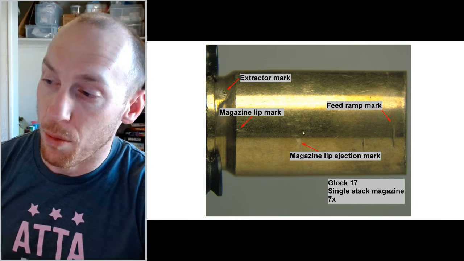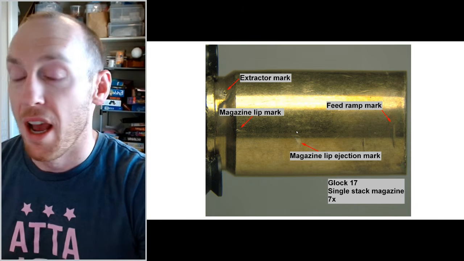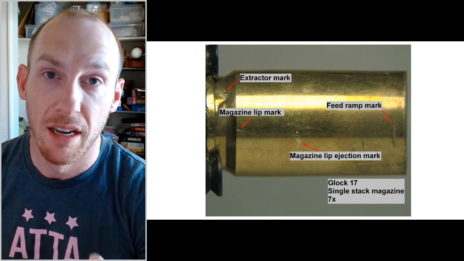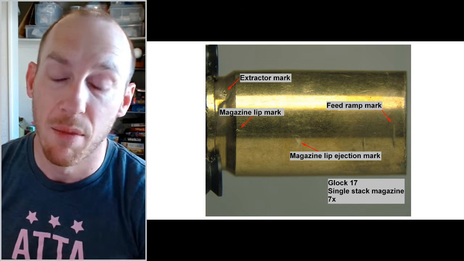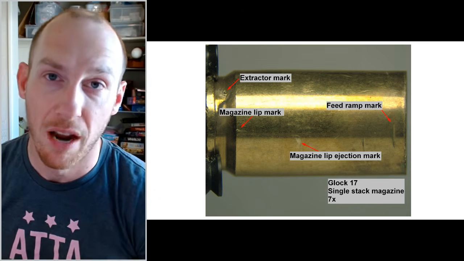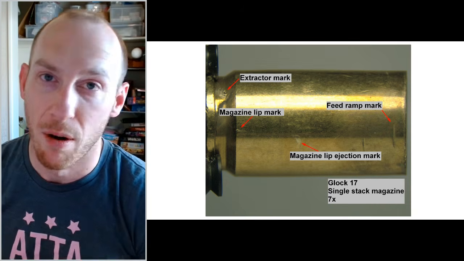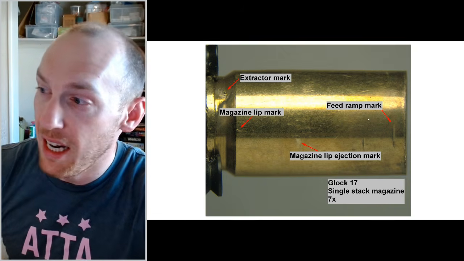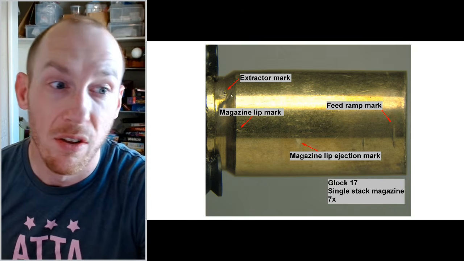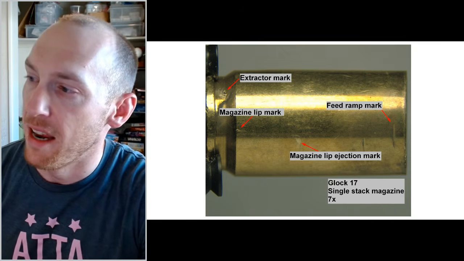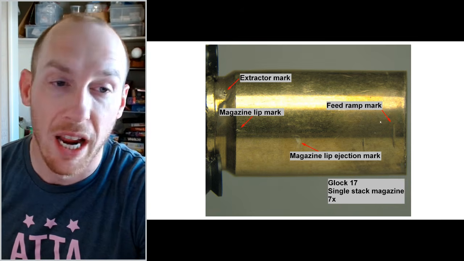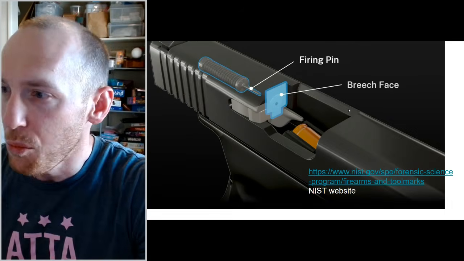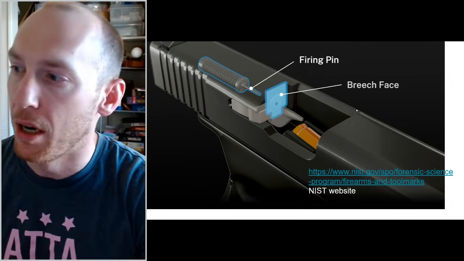So if I was reporting out on this tool mark, I would need to say that this mark is consistent as having come from the same ammunition magazine due to firing, as opposed to the same firearm due to firing. So one of those subtle things, but you can see how, looking at the illustration, it's very clear cut. But when you start looking at actual cartridge cases, some of these things can be a little bit harder to see. And then the last portion I want to talk about, because I've been talking a little bit about some of the parts